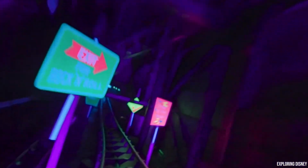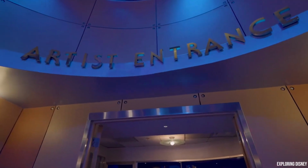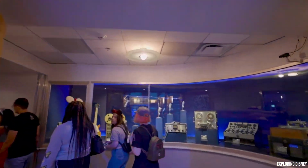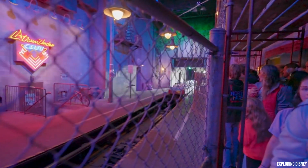With neon street signs flashing past, you'll be racing through the darkness, jamming out to a custom Aerosmith soundtrack, each train featuring a different song. The mix of high-speed thrills, loops, and a pitch-black environment makes this coaster one of the most intense at Walt Disney World. While the ride is only 1 minute and 22 seconds long, it's a high-energy, non-stop adrenaline rush from start to finish. Short but electrifying, Rock and Roller Coaster is a must-ride for thrill seekers who love speed, loops,